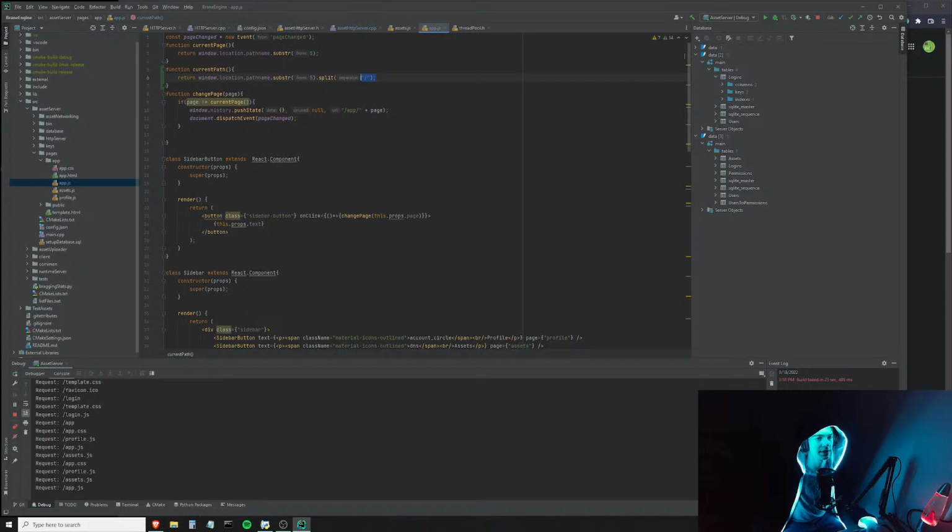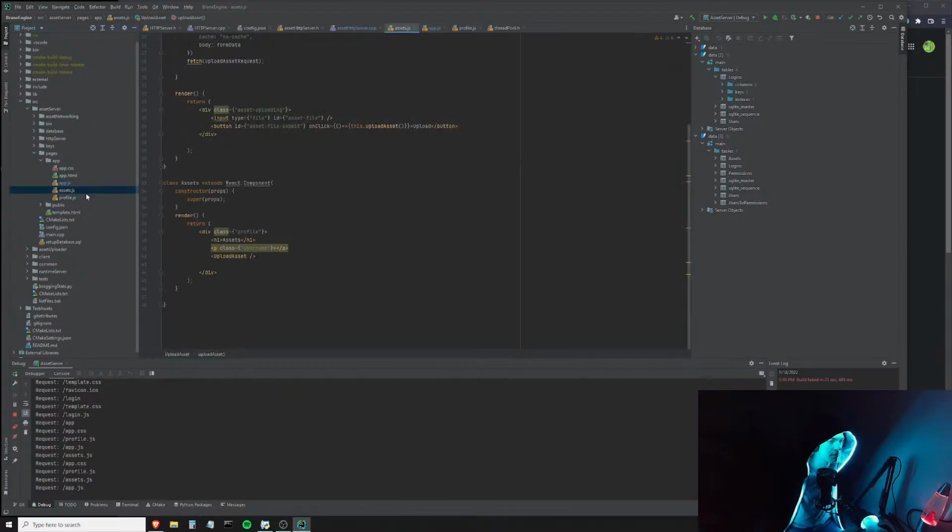And what this will give us is the different pages. So if we use current path in assets, we can display a different page based on the path. So here in our render,